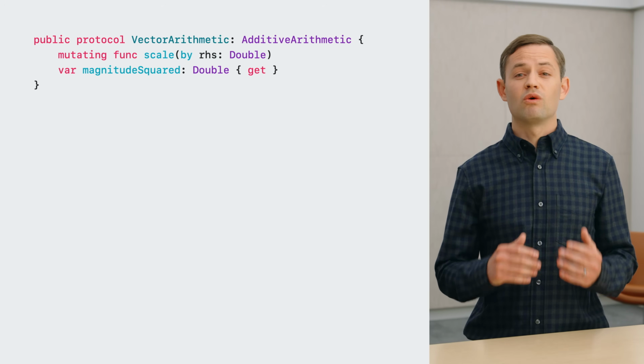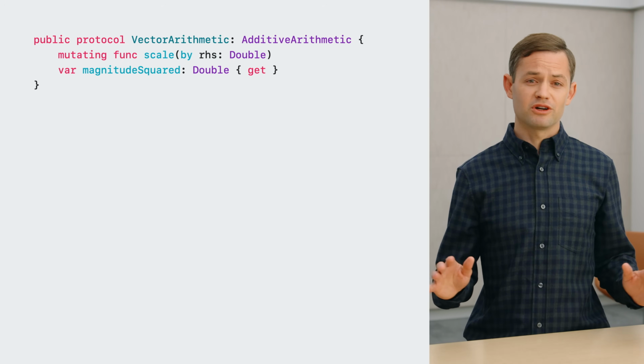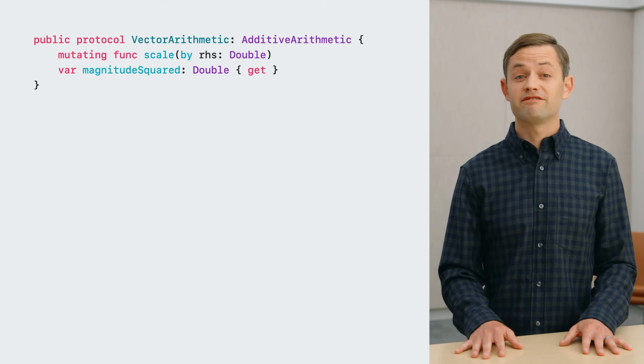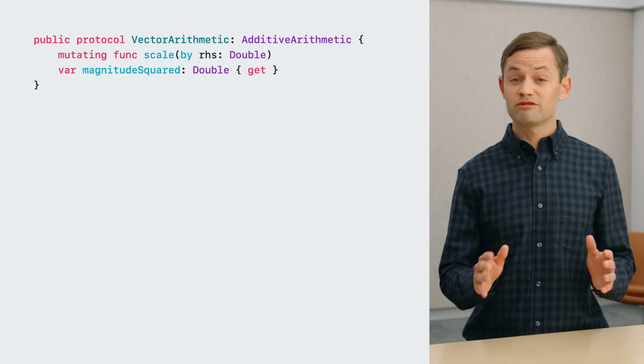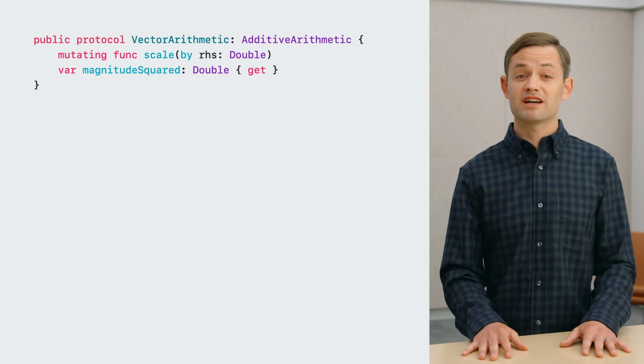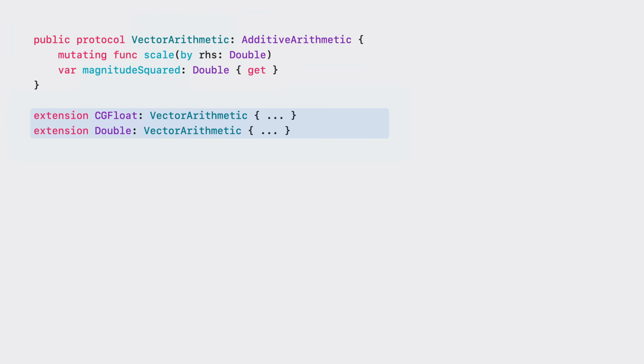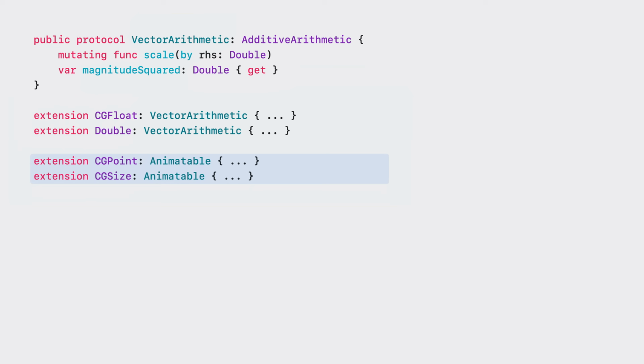If you're rusty or not familiar with vectors, don't be discouraged. A vector is basically just a fixed length list of numbers. And for SwiftUI animation, the purpose of dealing in vectors is mostly just to abstract over the length of that list. For example, CGFloat and Double are one-dimensional vectors, while CGPoint and CGSize define two-dimensional vectors, and CGRect defines a four-dimensional vector. By dealing in vectors, SwiftUI is able to animate all of these types and more with a single generic implementation.